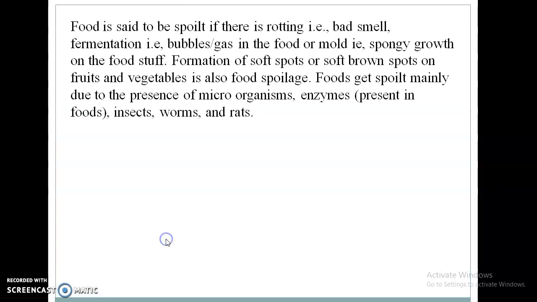Okay, so first, what is meant by food spoilage? It can be defined as: our food is considered spoiled when an undesirable change in color, flavor, odor or